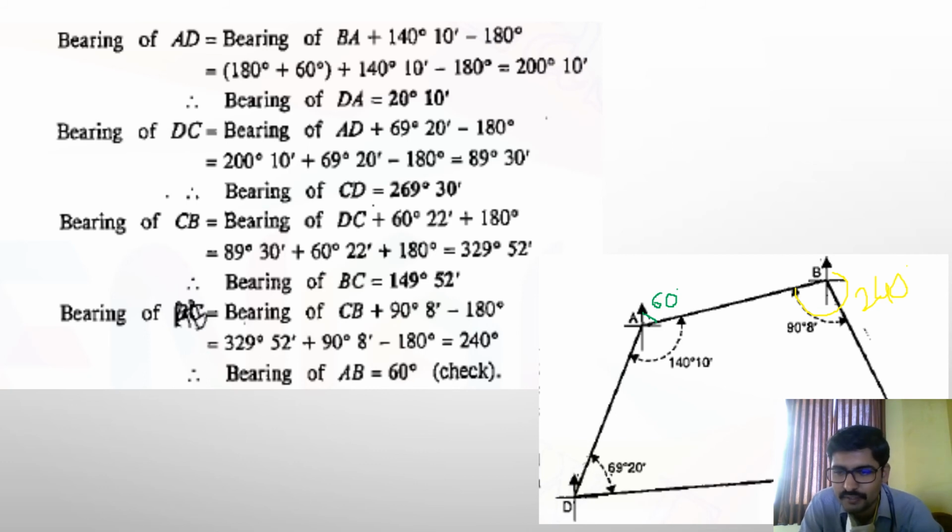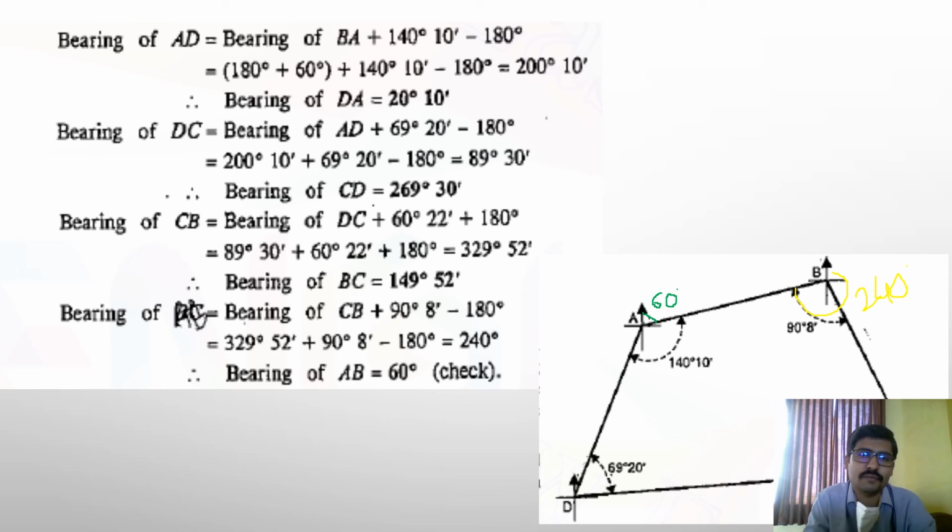For example, forward bearing of line BC is equal to, you can write, back bearing of line AB minus angle B. Quite a simple thing, right? So this is how you are supposed to get the angles which are required. So don't depend on the formula, always try to have your own formula framed for any problem.